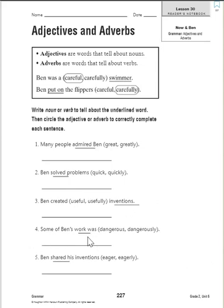Number 4, some of Ben's work was dangerous. Some of Ben's work was dangerously. Okay, so work, is that a verb or a noun? So work can be a verb, work can be a noun. Because when I do my work for school, I work hard. How do I work? Or how, when I'm working, okay, that means I'm doing something. But you still have to have a verb to describe how the work is done. So you have some of Ben's work was is our verb, and how was it done? It was done